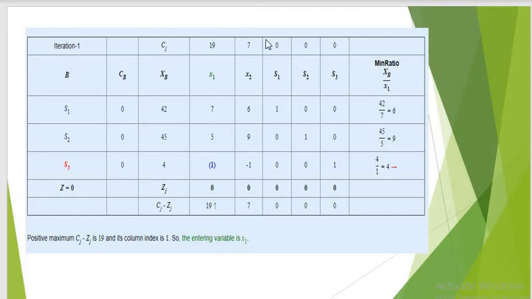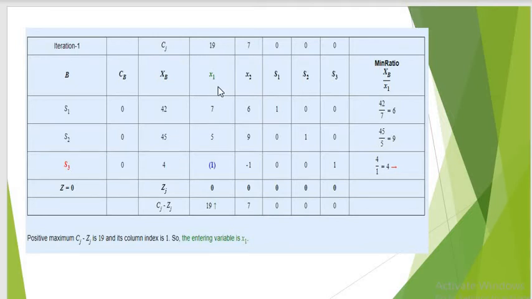Now we can form the initial simplex table, or iteration 1. In this table, the first column corresponds to the basic variables. Here the basic variables are the slack variables s1, s2, s3. The second column corresponds to the coefficients of these basic variables in the objective function. They are 0, 0, 0, and the next column corresponds to the right hand side values in the equations,